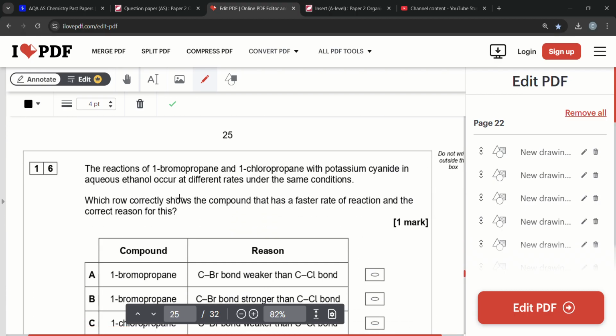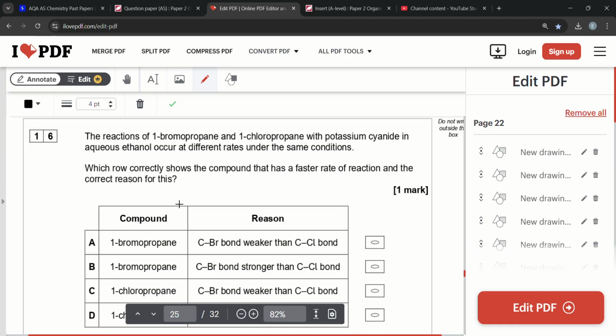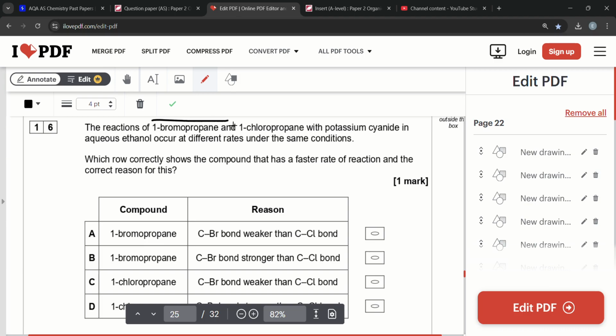The reaction of 1-bromopropane and 1-chloropropane with potassium cyanide in aqueous ethanol occur at different rates under the same conditions. Which row correctly shows the compound that has a faster reaction? The correct rows for this: 1-bromopropane and 1-chloropropane. Bromo and chloro. Faster reaction: 1-bromopropane, as the C-Br bond is weaker than C-Cl. Well, in this case, for C-Br bonds and all of that,